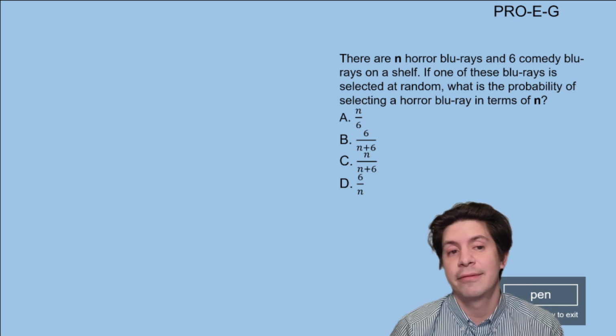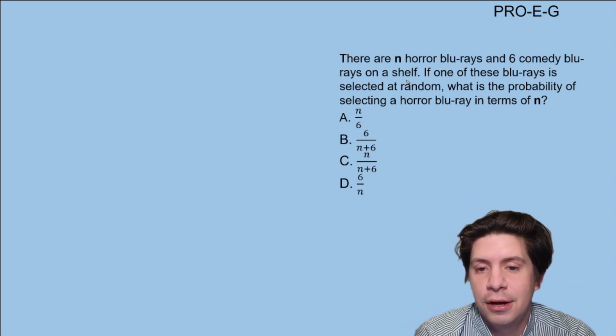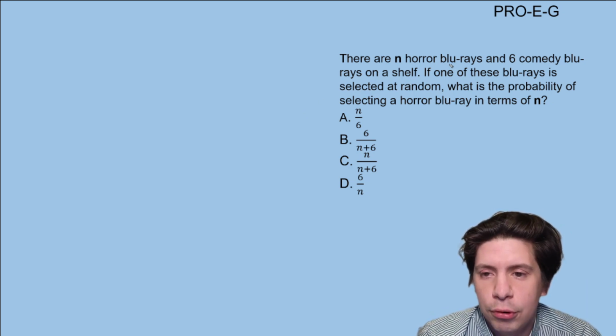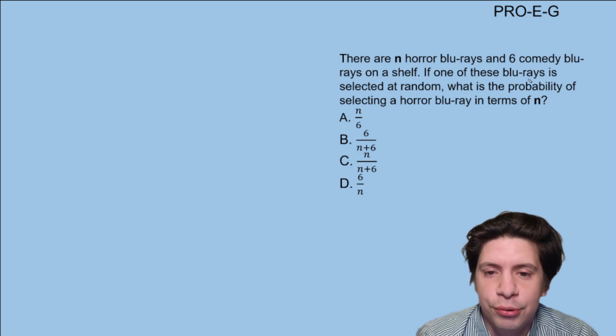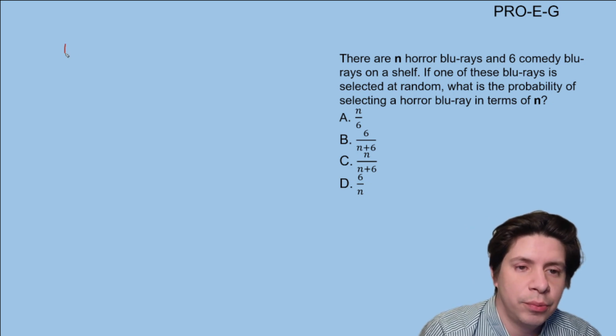And then we have our 7th one in the easy level, right? This is about finding a probability with a constant. So I think it's a little trickier, but still not too bad. There are N horror Blu-rays and 6 comedy Blu-rays on a shelf. If one of these Blu-rays is selected at random, what is the probability of selecting a horror Blu-ray in terms of N? So it's always what we want